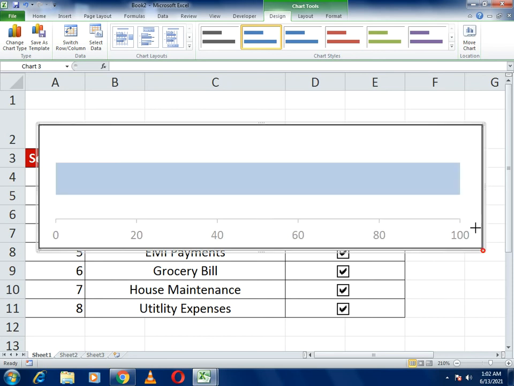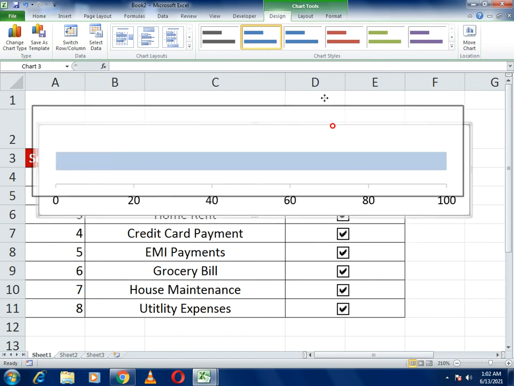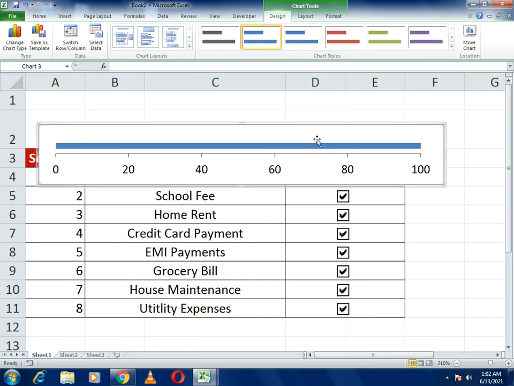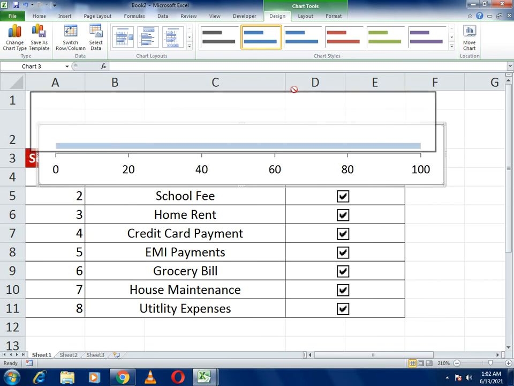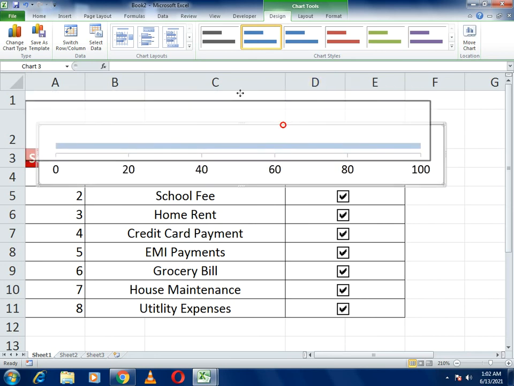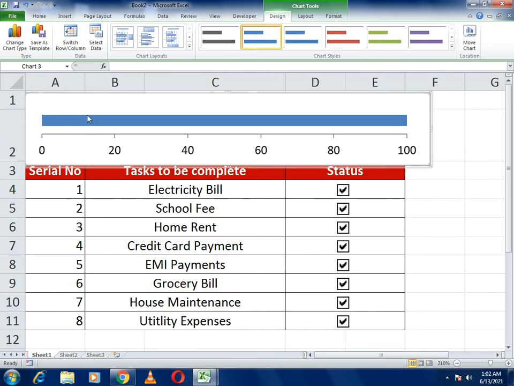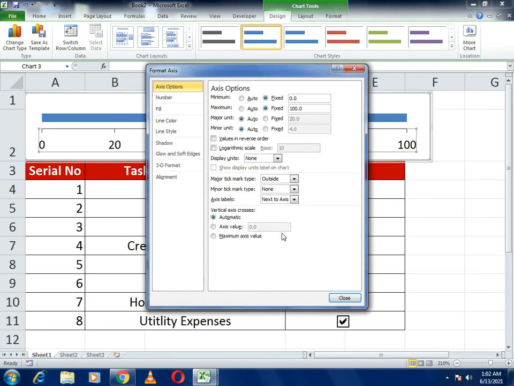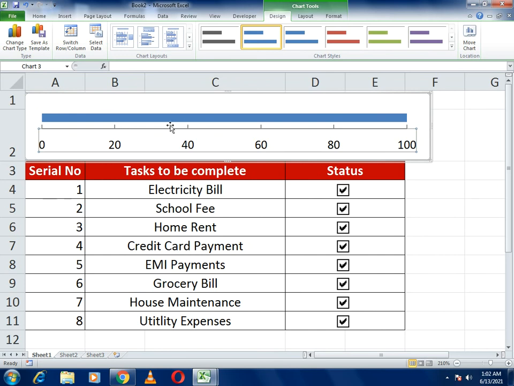So you have to just drag it and put it here in our cell. Now I minimize more, and here I place this value. I drag it here further so you can get the values here. Now to make it better, you have to first select these values and go here to format axis, and in this format axis you can see major tick mark outside, so you have to change it to inside. So you can see here this inside bar.